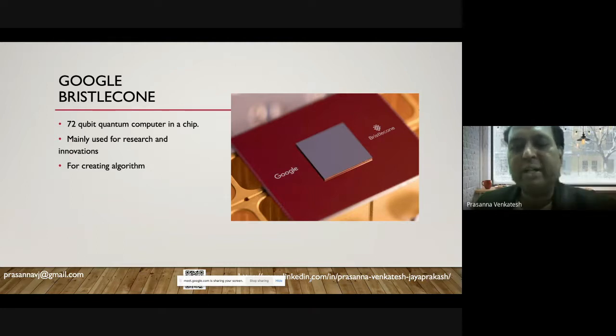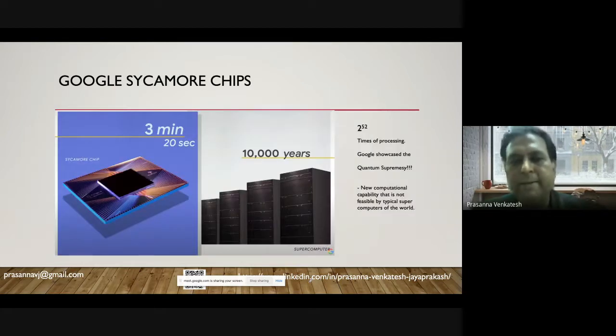That is where the quantum computer space currently is. The main purpose of Google creating Bristlecone is predominantly for their algorithm development and so forth. And after Bristlecone, they created something called the Sycamore chip, around 2-3 years back.